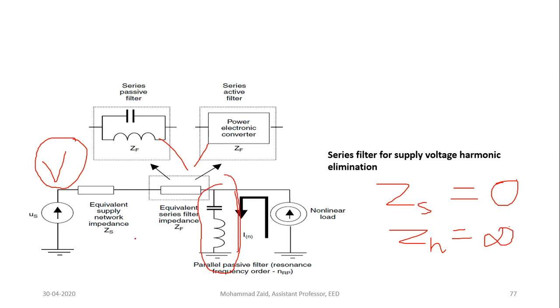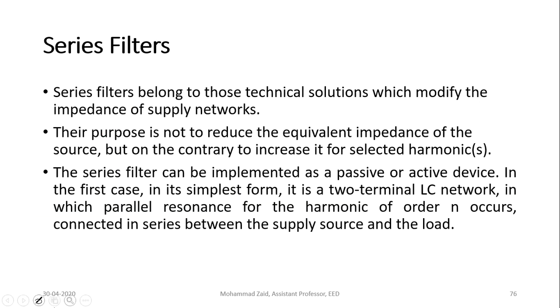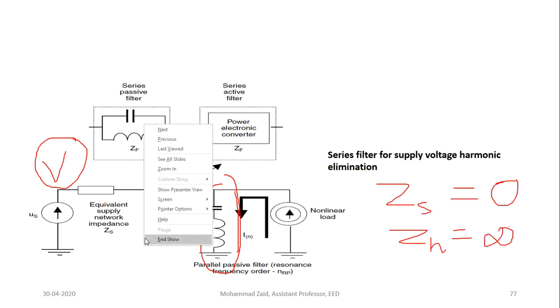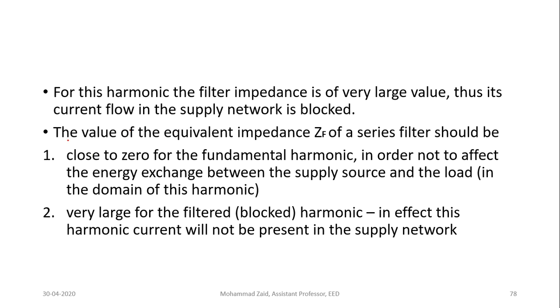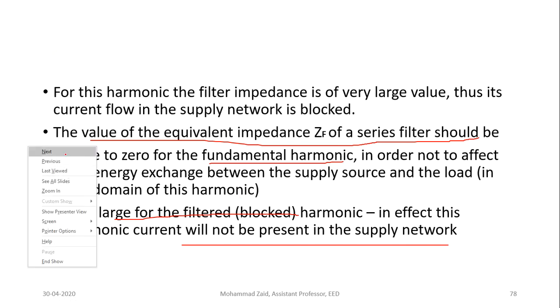तो एक तो ये फ़िल्टर है जो हमारे करंट के लिए काम करता है, पैसिव फ़िल्टर ऑलरेडी नो। जो सीरीज़ फ़िल्टर है उसको हम सीरीज़ में लगाते हैं, ताकि जो वोल्टेज हार्मोनिक्स हैं उनको एलिमिनेट किया जा सकता है। द पर्पज इज़ टू रिड्यूस द इक्वलेंट इम्पीडेंस ऑफ द फंडामेंटल एंड टू इंक्रीज द इम्पीडेंस ऑफ द सिलेक्टेड हार्मोनिक। द सीरीज़ फिल्टर्स कैन बी इम्प्लीमेंटेड एज अ पैसिव और एक्टिव डिवाइस। सीरीज़ फिल्टर्स हम सीरीज़ में लगाते हैं, प्रिंसिपल ऑफ ऑपरेशन वही है। The value of equivalent series impedance of the filter should be close to zero for fundamental harmonic and very large for the harmonics, so that harmonics will not be present. तो बेसिकली वोल्टेज हार्मोनिक्स को जो सोर्स साइड से आती हैं, उनको एलिमिनेट करने के लिए इसको लगाया जाता है।